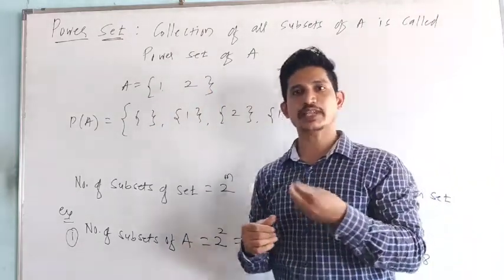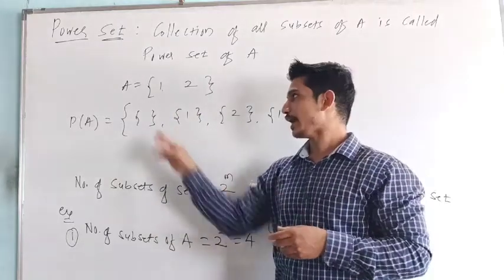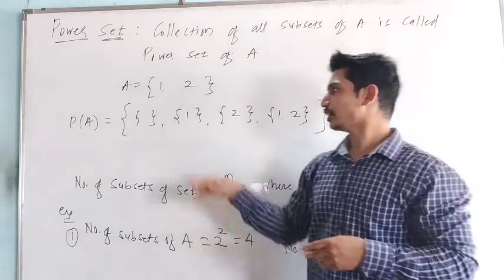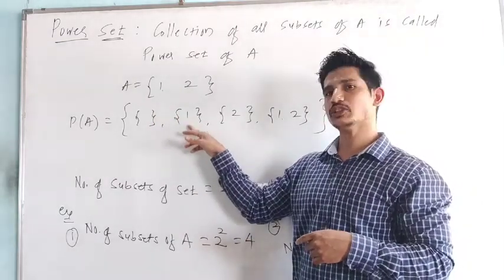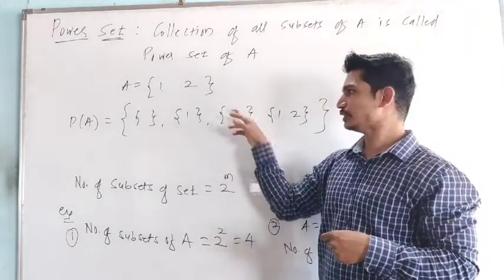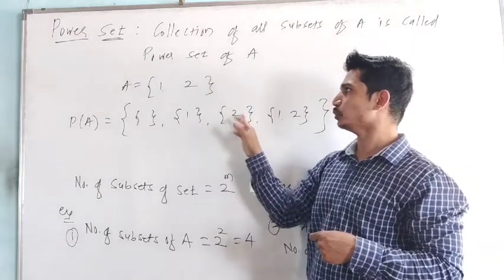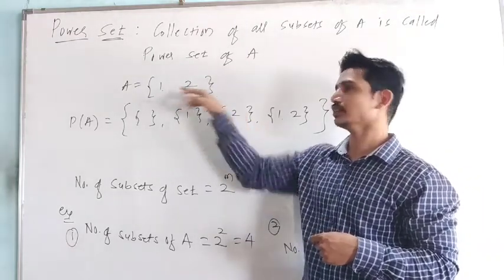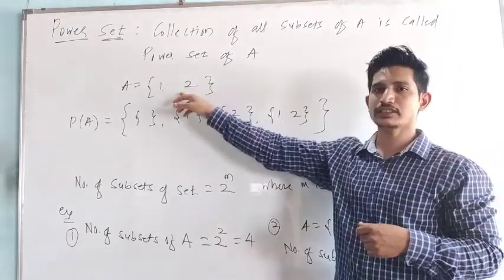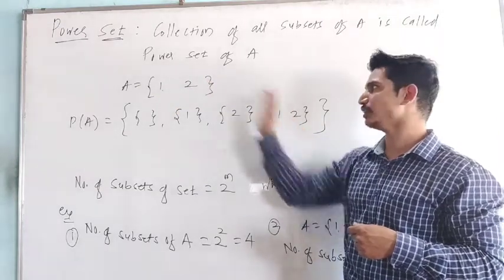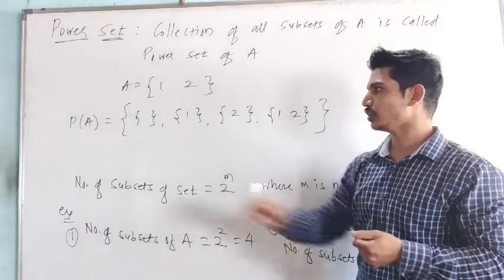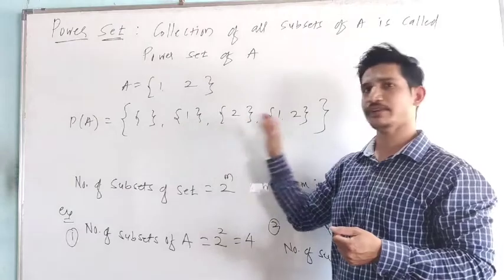So how many subsets can we write from this set? The empty set is also a subset of this set. Now 1 only is also a subset of the given set. Only 2 is also a subset of this set, because 2 is here. And 1, 2, with all the numbers present, is also a subset of this set. Is there any other set we can write? No, we can't write any other set, because the empty set is over, 1 is over, 2 is over, and 1 and 2 is over.